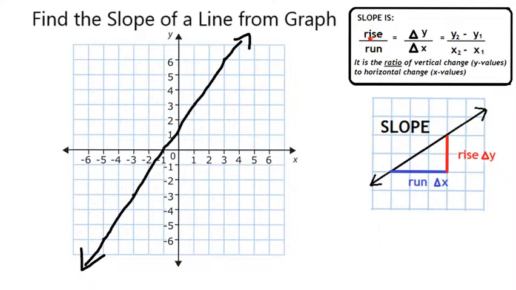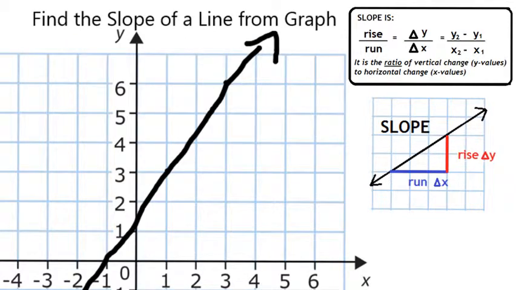The slope of a graph is defined as the ratio of its rise over run. In other words, how much it goes up versus how much it goes over. So if we look at this graph, a good way to zone in is to look at a couple exact points it goes through.